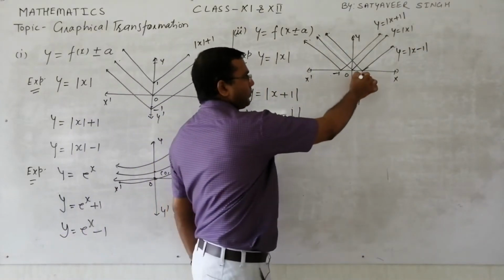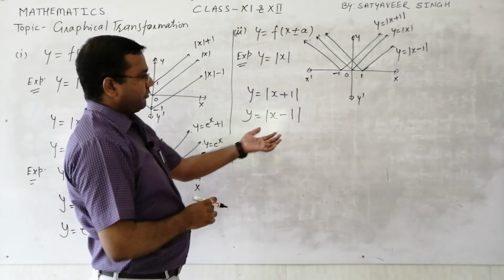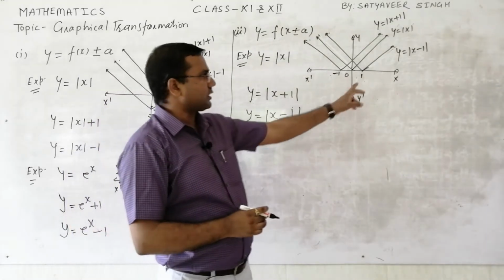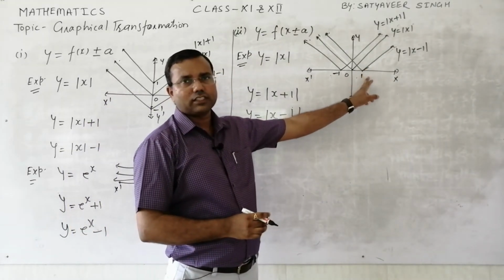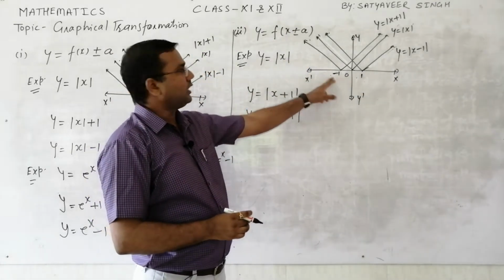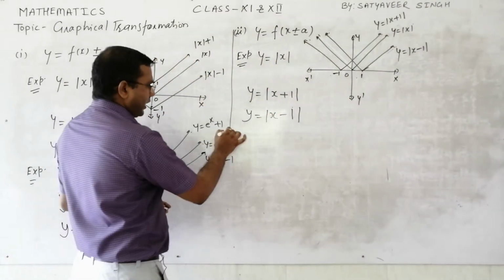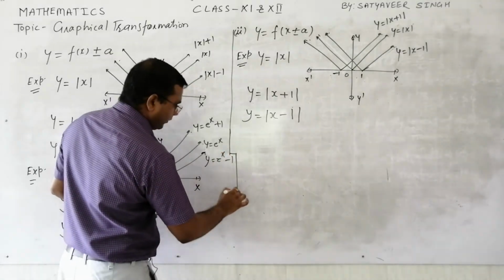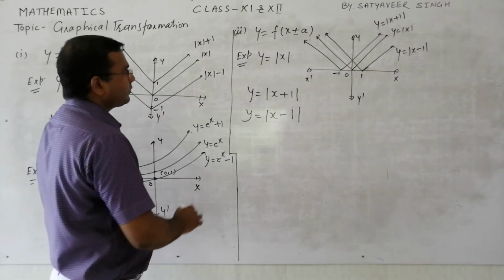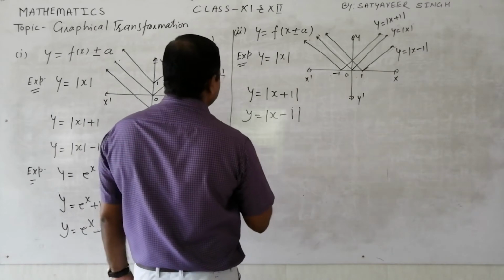So this point is 1. He may ask you a question like, whether this is differentiable at x = 1 or not. Obviously, because the vertex is at 1, this will not be differentiable. Similarly, this will not be differentiable at -1, and this will not be differentiable at 0. So like this we can have this idea, and it is very useful for solving problems related to continuity and differentiability also.